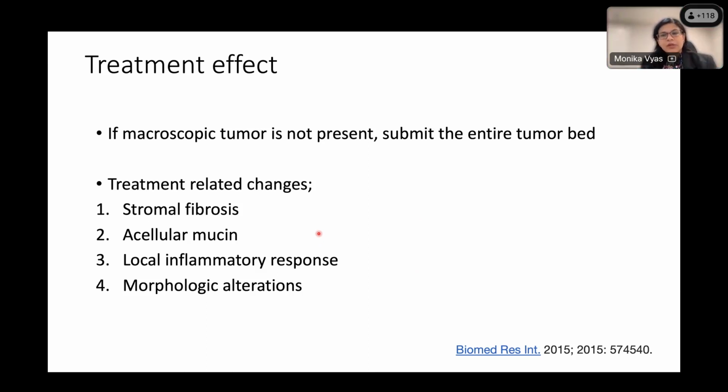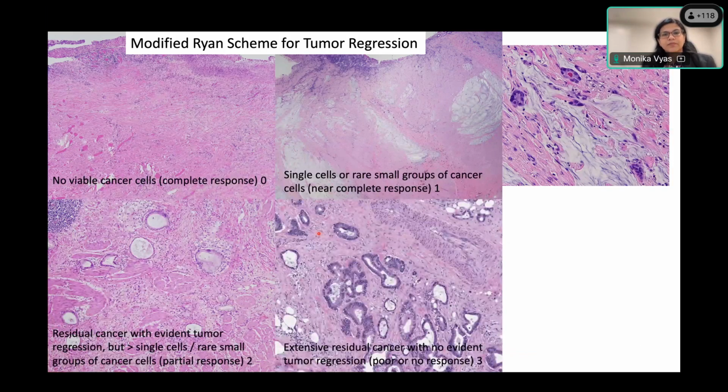So there are various schemes for doing a tumor regression evaluation. So we follow the modified Ryan scheme. There's the CAP one and MSKCC one, and you can choose whichever one you want based on your understanding with your treating physicians. So here we have a case illustrating complete response. So what you see is just this stromal fibrosis and inflammatory cells here. So you know that this is the right area. This is not your normal histology of the GI tract there, but we don't see any viable cells, so that is designated as complete response.